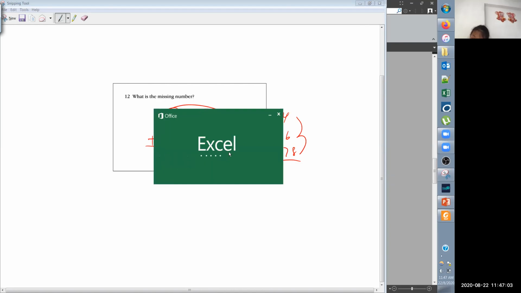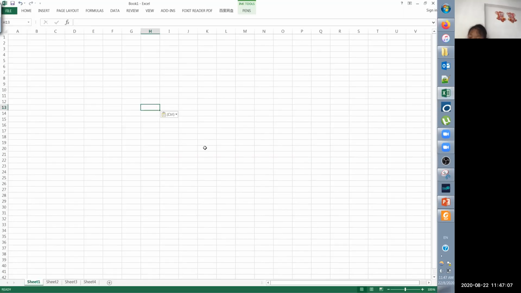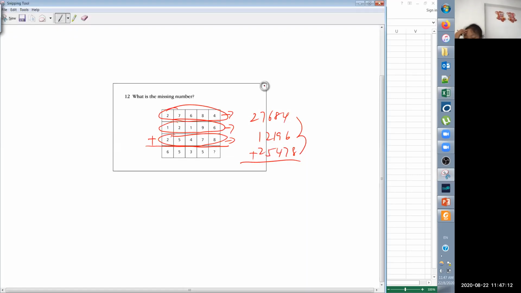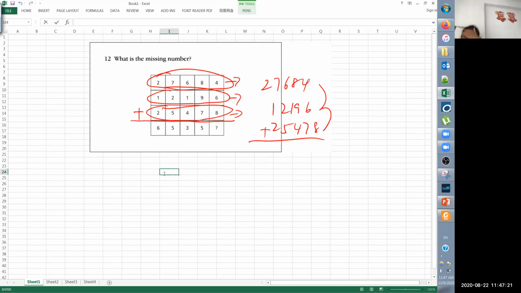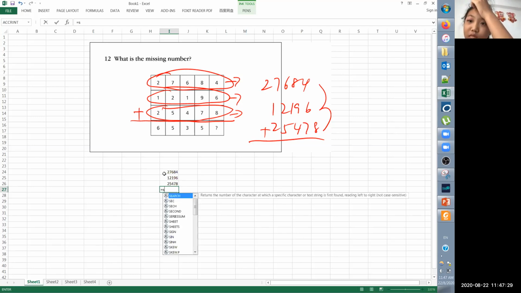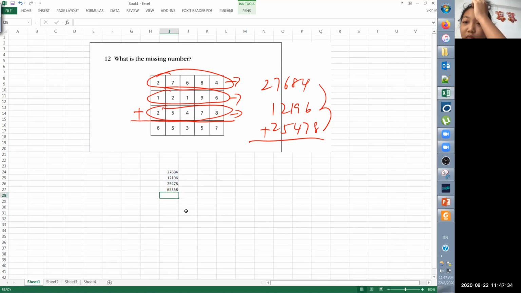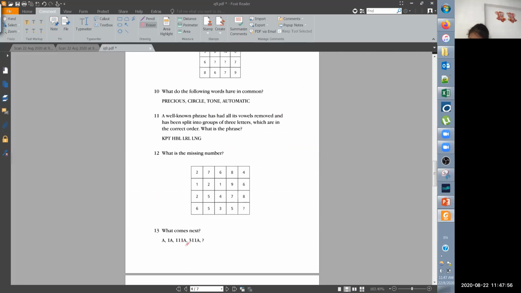不知道。啊，不知道？你不知道，我就用这个来帮你。你用 calculator 不可以做吗？有规律吗？你看，来，276841219625478，然后把它加起来咯。你看，就等于65358，所以答案是8咯。啊，不是吗？是。OK next。这个。这个呢？